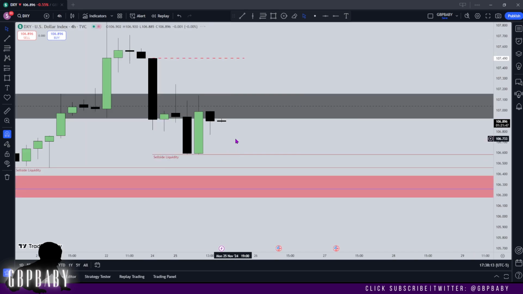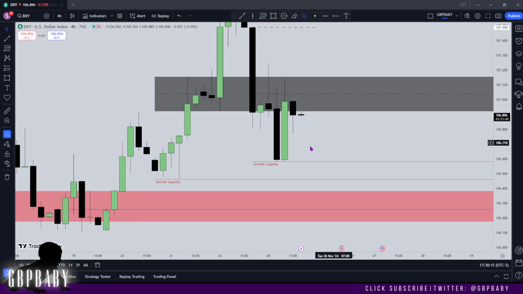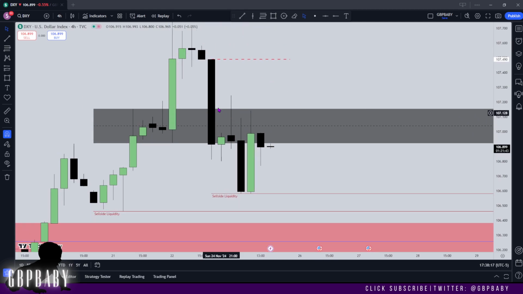So let's go to the 4 hour, and you'll see quite interesting price action. We had displacement, a little bit of consolidation within this bearish bullish order block, which is a breaker. So you can see our price is wicking back and forth. But now I'm not anticipating price to really trade back into this range. If we do, again, I'm expecting rejection here because, you know, this is a rejection block,